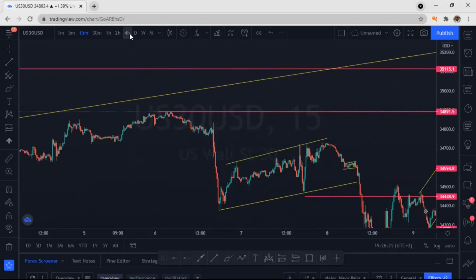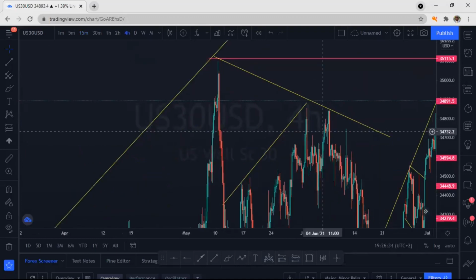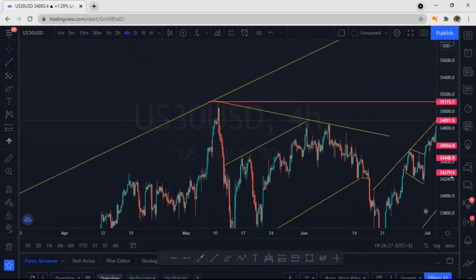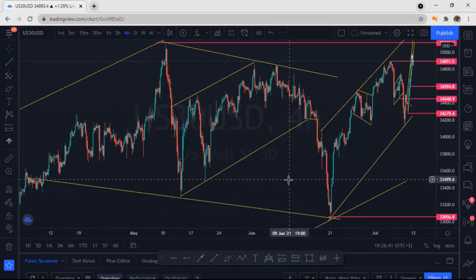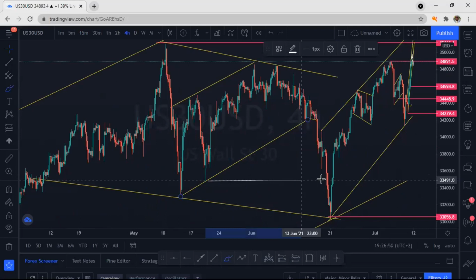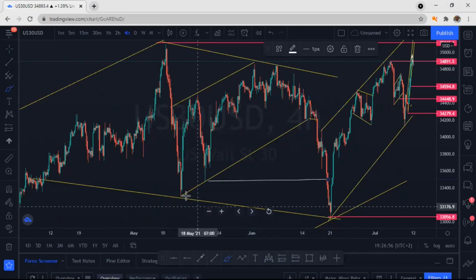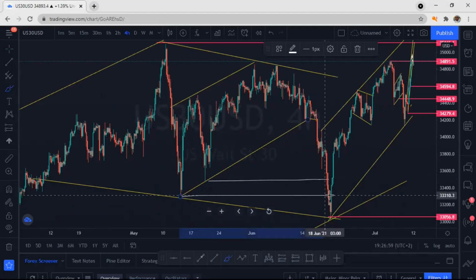Now I'm checking here, guys, something similar to what I'm talking about. Check here, in this level. Let me take the pen. Check this level. Here, isn't it supposed to be a double bottom? But what happened? Because the price came down in an impulsive way. So check what happened again. Exactly, this is the exact thing that I'm talking about.